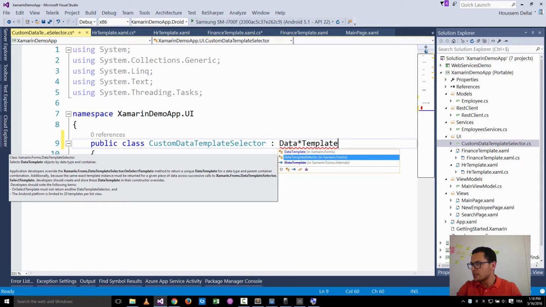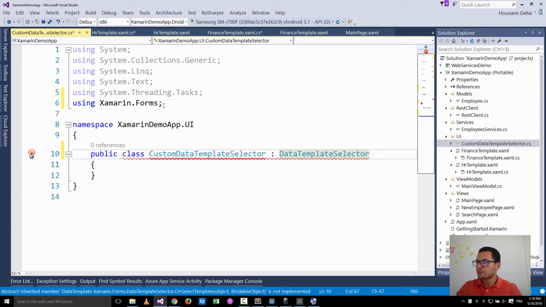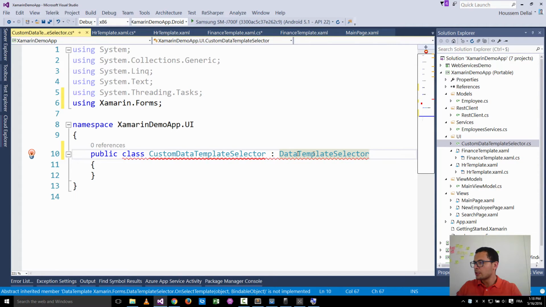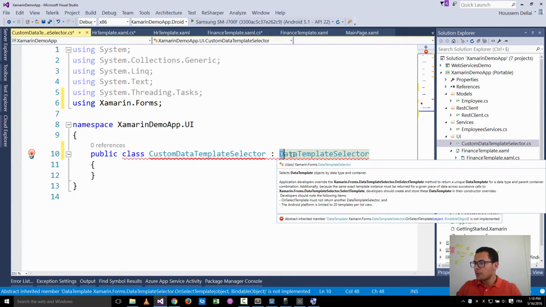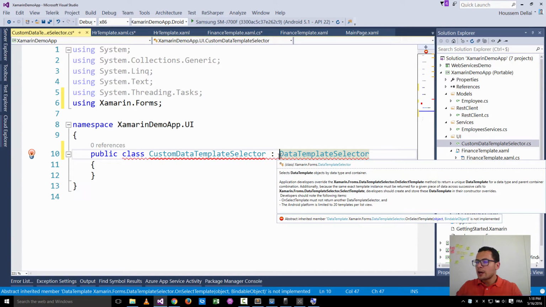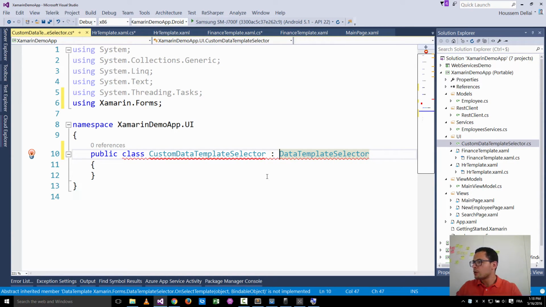It's inside the Xamarin Forms namespace. So here, if you don't get that class, even when you write it completely with respect to uppercase and lowercase, Visual Studio might not recognize it. Why? That could be because you are using a version of Xamarin Forms that is prior to 2.1. So you should be using Xamarin Forms 2.1 or above to get this